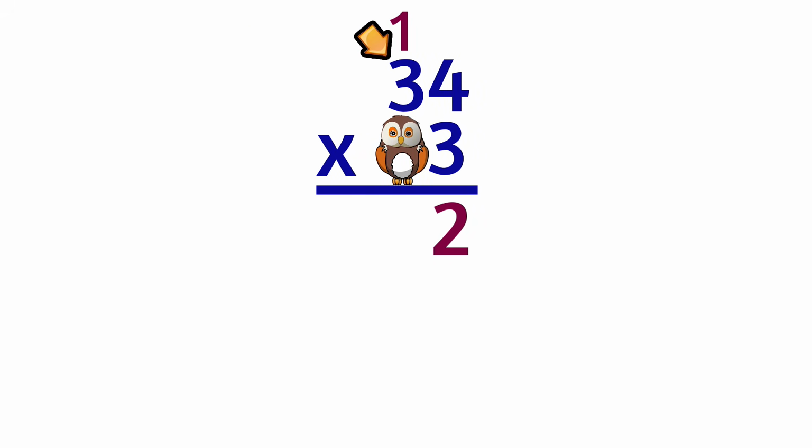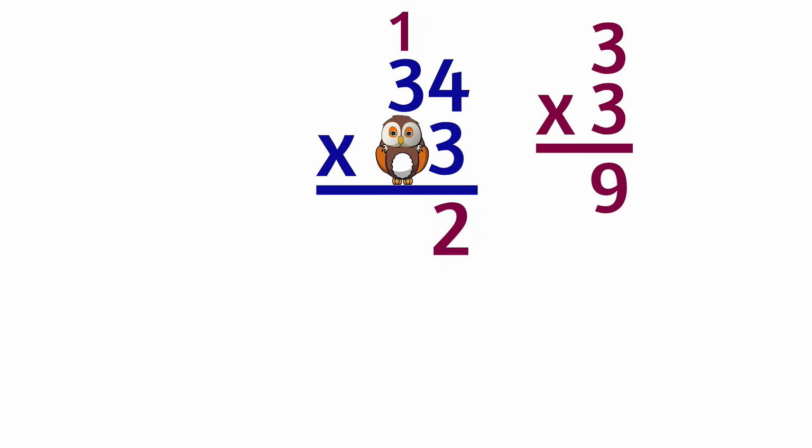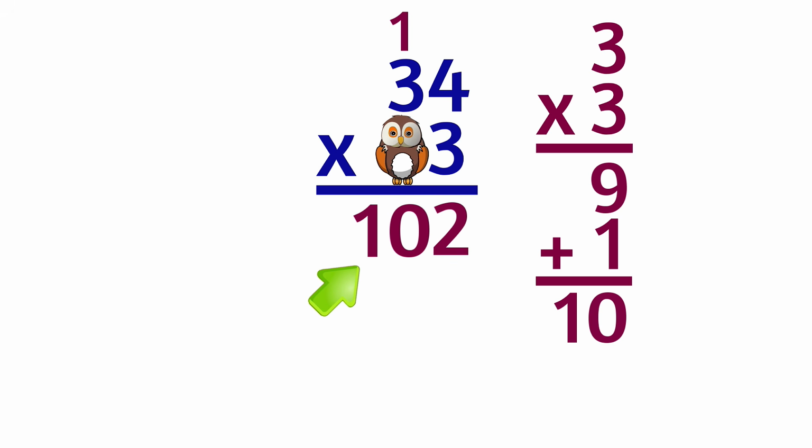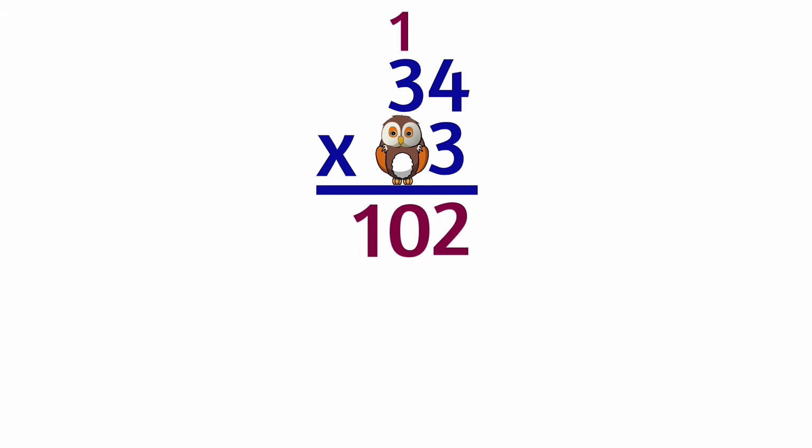Then we multiply the tens. 3 times 3. What is 3 times 3? 9. Yes, but we have this number 1 that we carried over from 12 when we regrouped. All we do is add that 1 to the tens answer we got. That gives us 10, because 9 plus 1 equals 10. We write 10 down here below the tens. Great. Now that we are done using it, we can remove this number 1 that we regrouped, because we are ready for the next step.